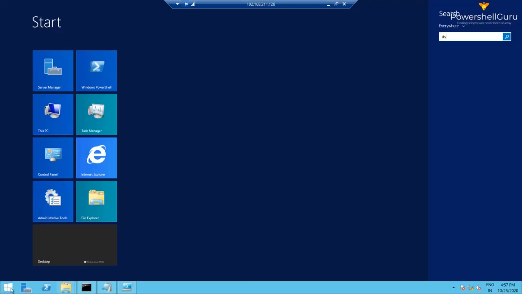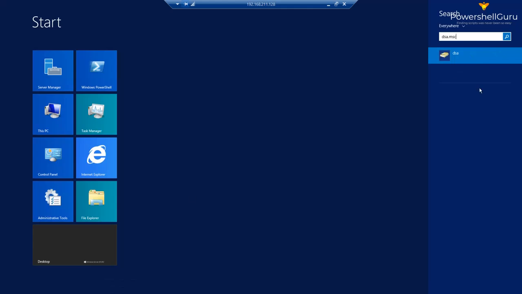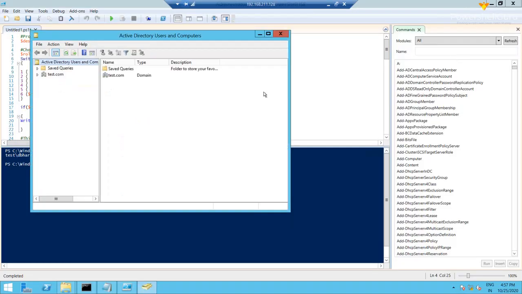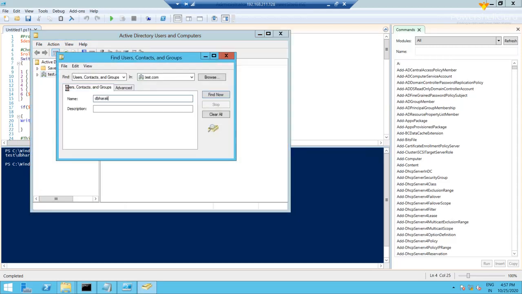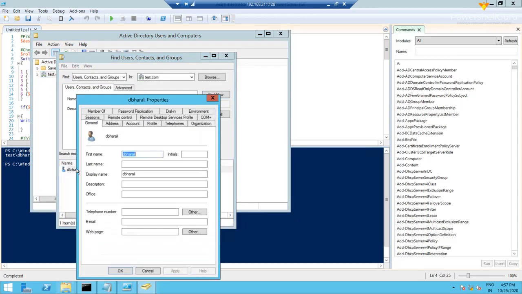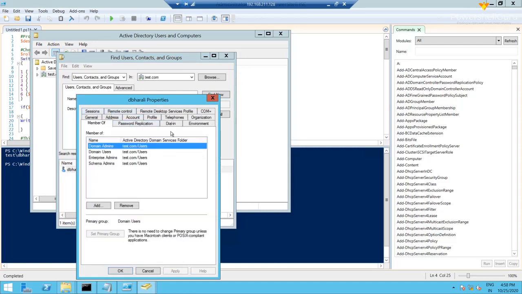Let me open dsa.msc. As you can see, I have created this user, and I have added this user to domain admins, enterprise admins, and schema admins. This will all be useful to transfer the roles from one domain controller to the other domain controller, and it is one of the requirements.